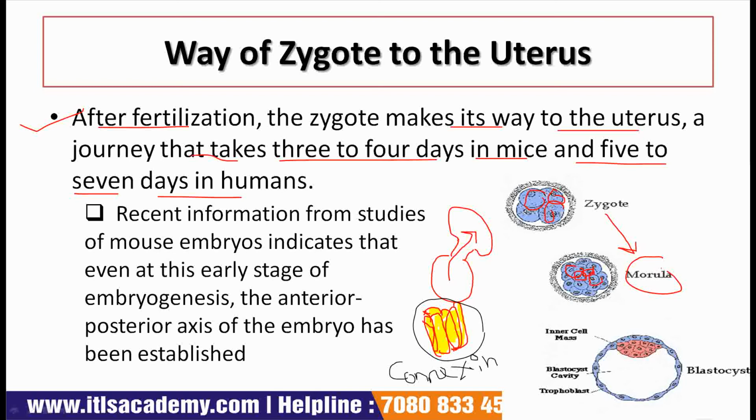These gap junctions connect all of these cells present in the stage of morula or any stage between it and after it. The cells after cleavage that are present, these all will be connected with the help of gap junctions.